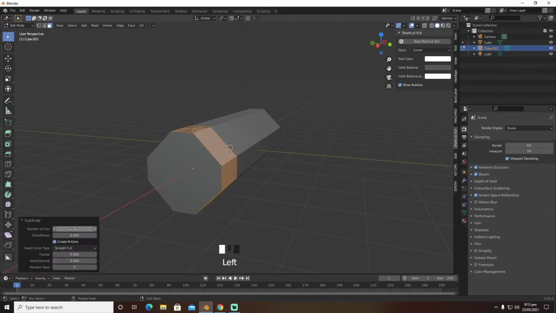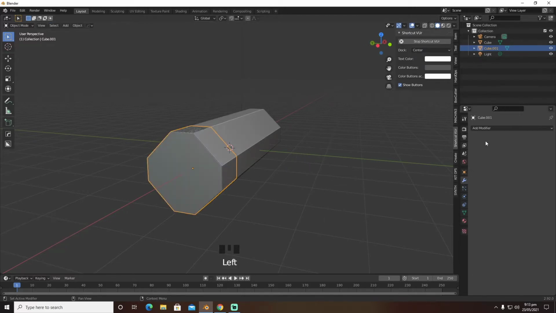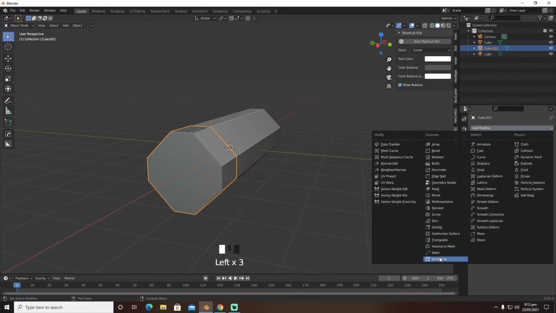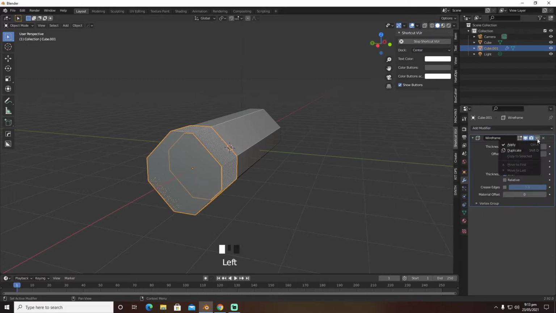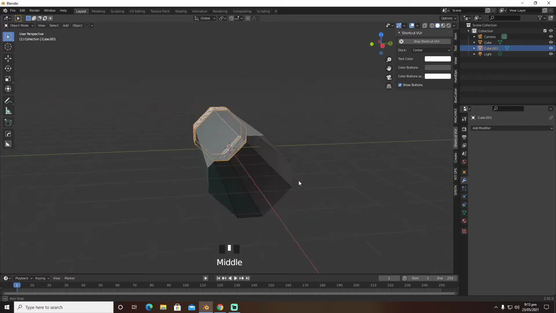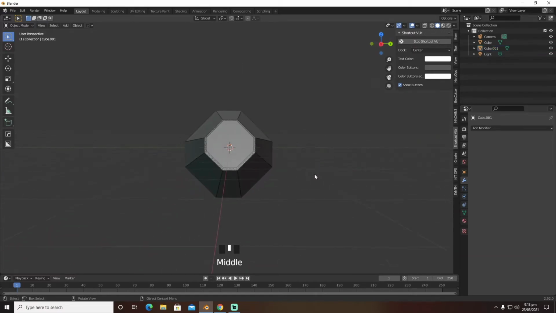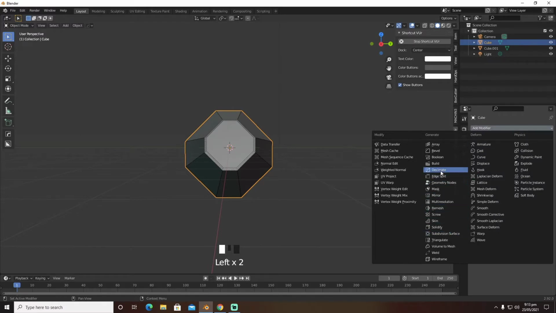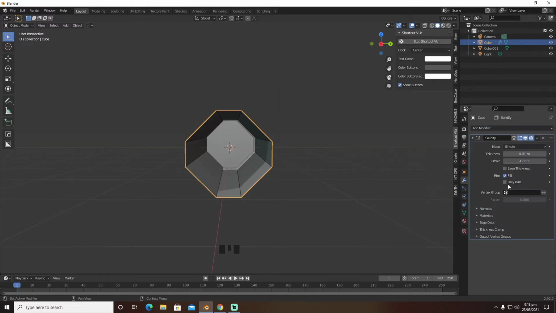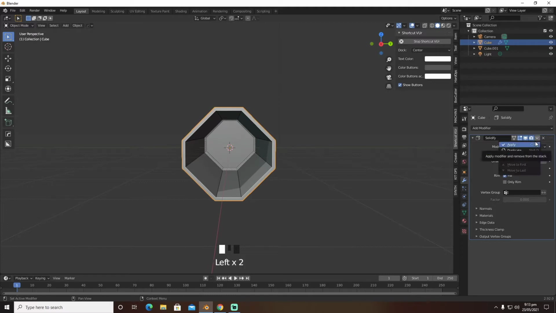The next thing now I'm thinking is to add a solidify. So I'm thinking about subdividing this and adding a wireframe on it, that's too much, about 35. And the next thing I do is I go into the modifiers tab and add a wireframe to it, and then I apply that. Then I go back and I'm thinking about putting a solidify modifier on it. So here I do some solidify on it, apply that,